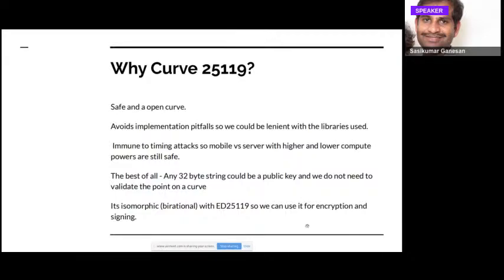This particular curve that we have selected, which is 25519, has some very unique and interesting properties, which suits the environment that we are working towards. One, it kind of avoids implementation related pitfalls. So why are implementation related pitfalls very essential? Because in the past we have seen that when implementations are not accurate, okay, for